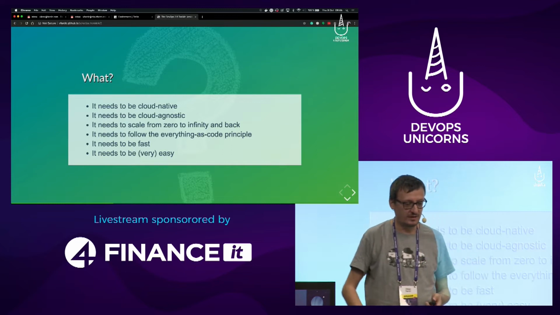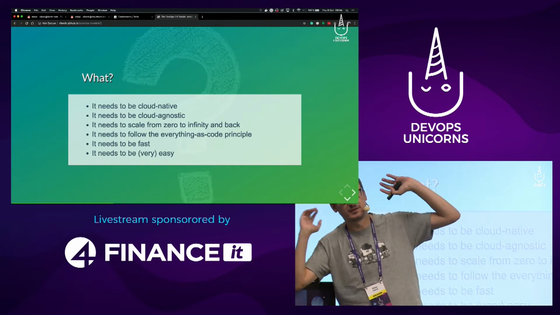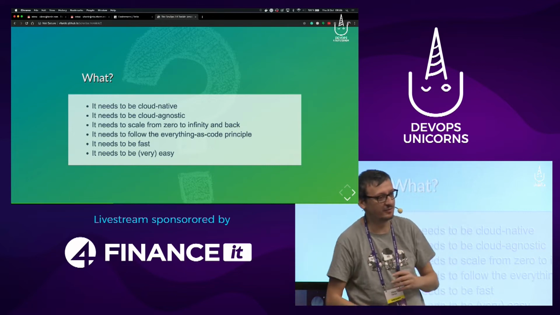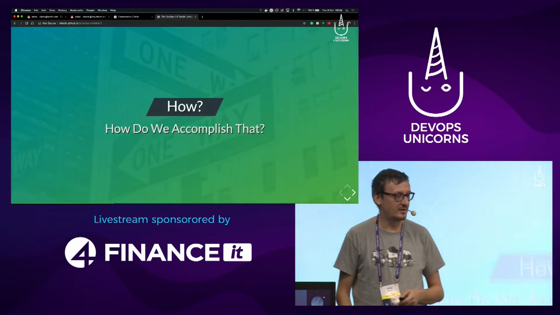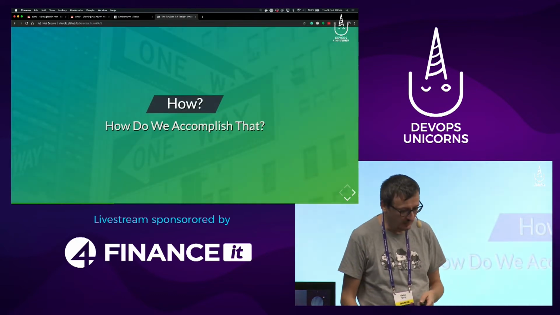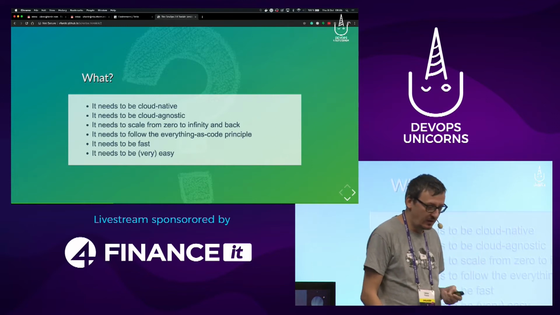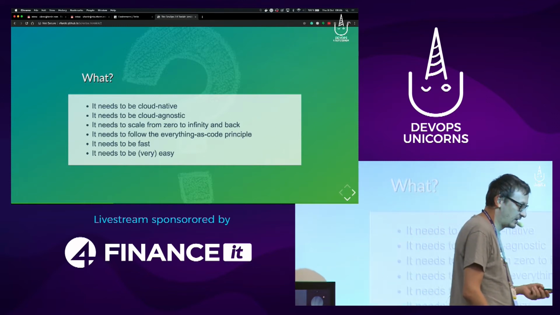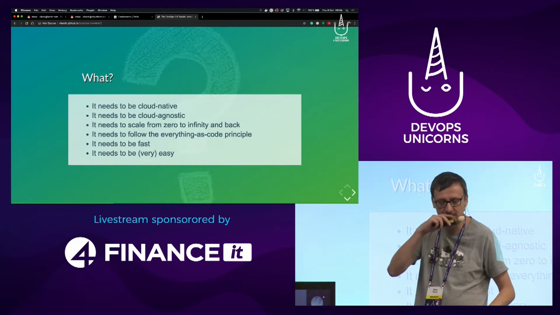It needs to be something that can be used by anybody, no matter whether you're a Kubernetes expert or a Terraform master or Java developer or whatever you are, you're supposed to be able to use the system easily. So those were the requirements that we set in front of us, like a year and a half ago or something like that, when we thought,